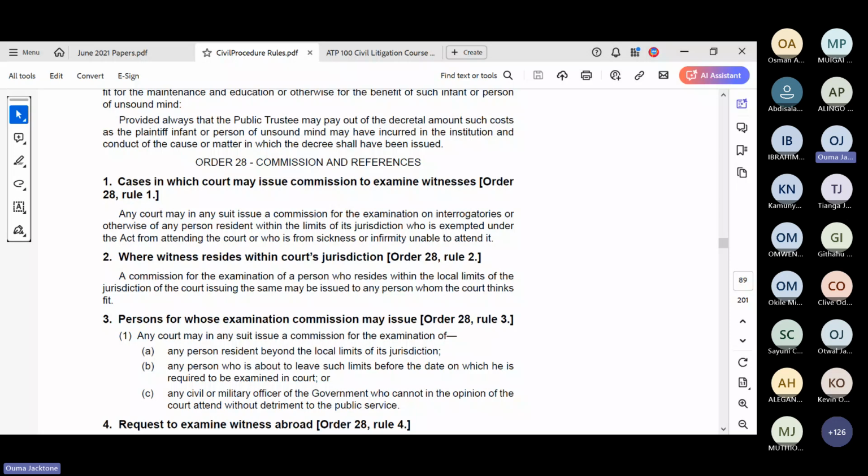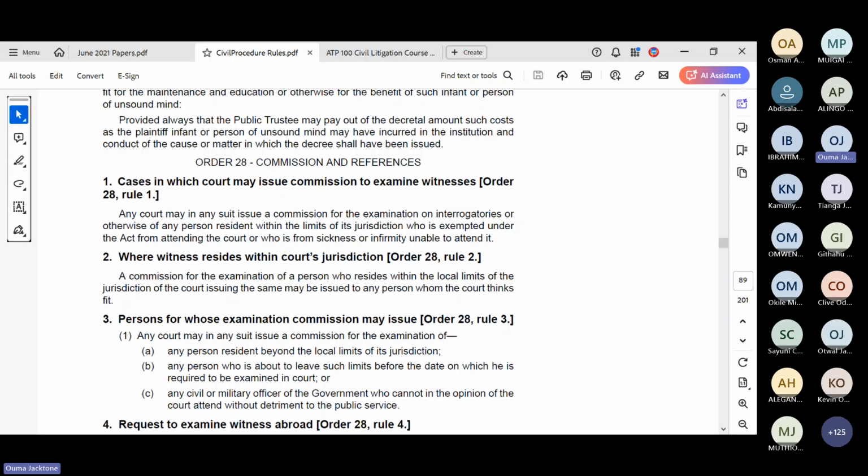The commissioner is the court's auditor. Go to the company, look at the books of account. How much money has this company been making, and what have they done with the money? That becomes an order of commission for examination of accounts.